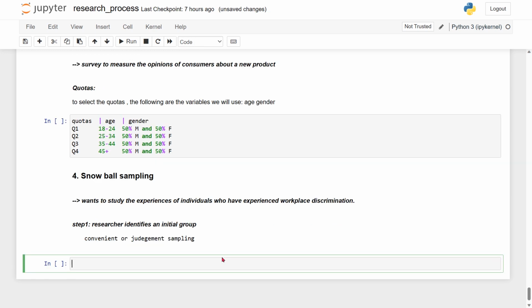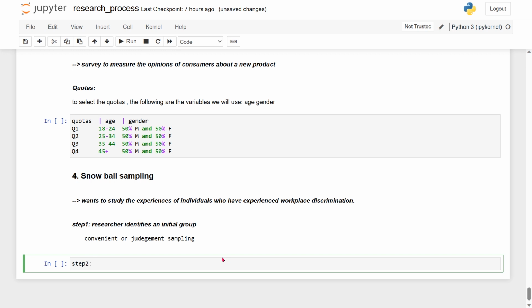So once the researcher identifies an initial group of individuals who have experienced workplace discrimination through their personal networks or online forums, then the researcher